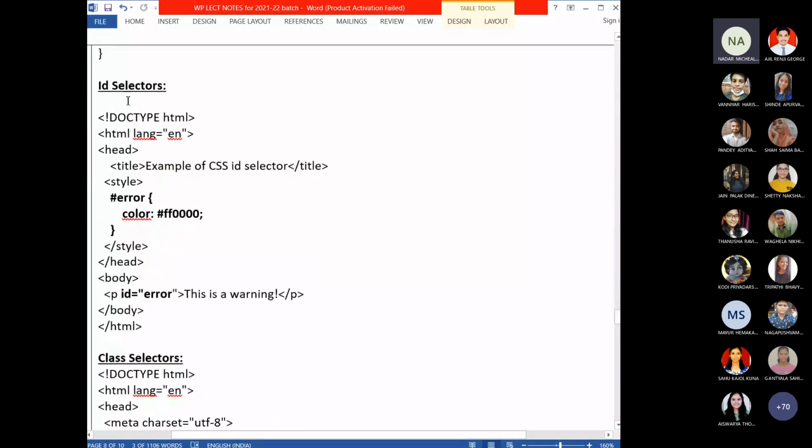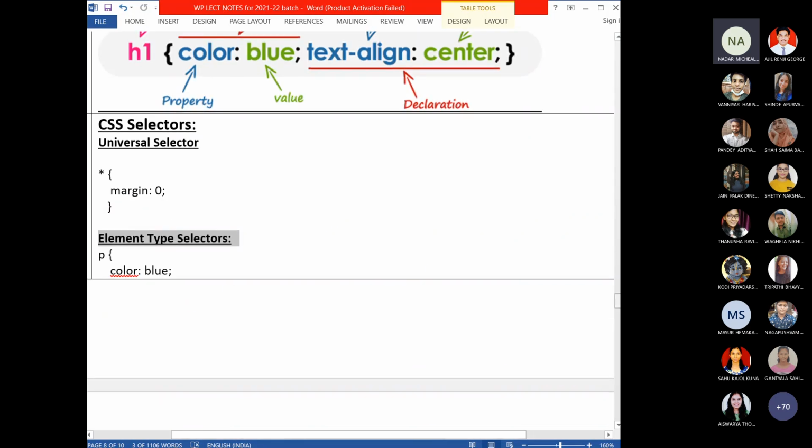We have the ID selector. One of you asked, ma'am, what ID do we have to give? So what is the ID selector? I have given an example for it because you may ask why I did not give one for the previous two. That is because you can easily write them within the style tag. Assume you are writing internal CSS.